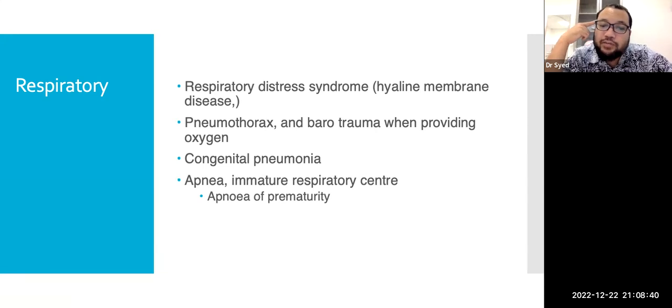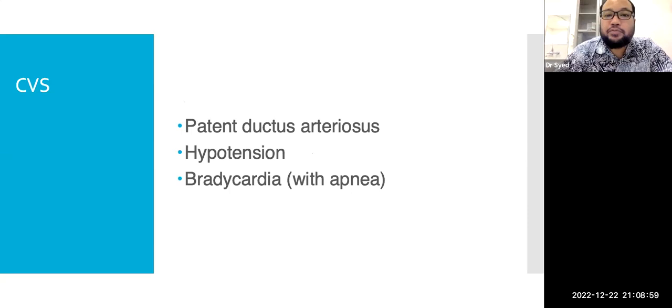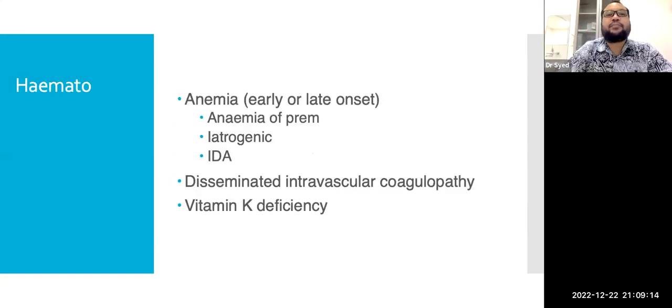Not only the pons must be mature enough, the receptors must be mature too. Where are the receptors? At your carotid body, your aortic body. So to trigger the cardiorespiratory center, your carotid body and aortic body must be mature enough. Your cardiovascular, as mentioned before, PDA can have hypotension because of immature myocardium and so on and so forth. And with apnea, you can have bradycardia as well because of suppression in your cardiorespiratory center.